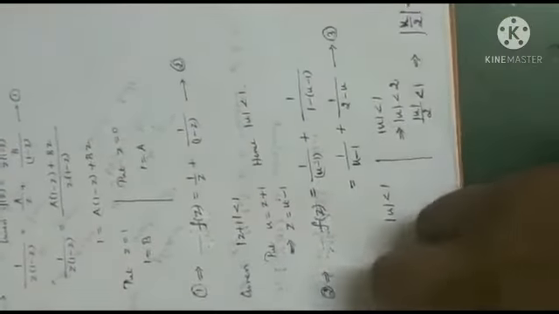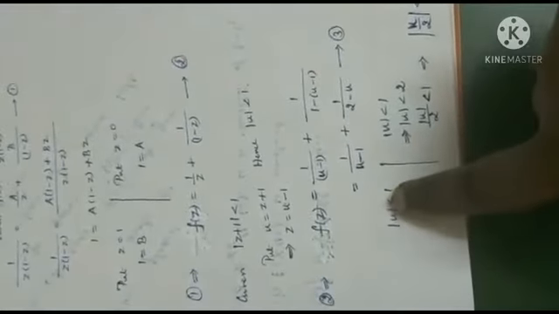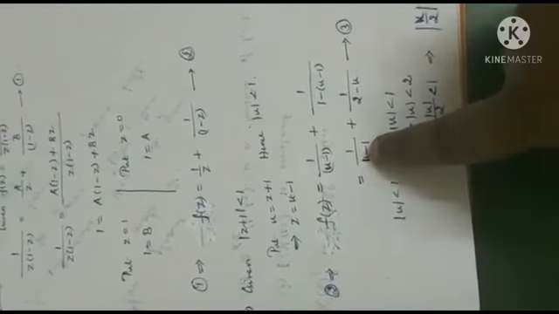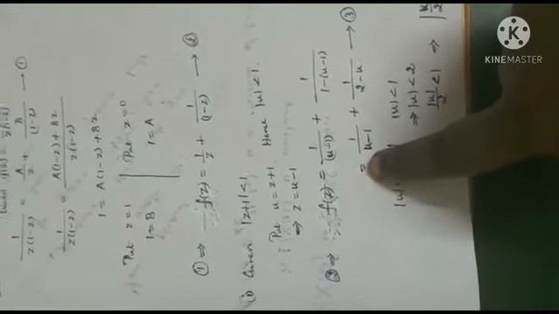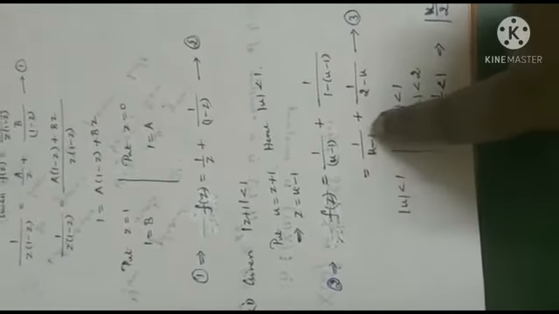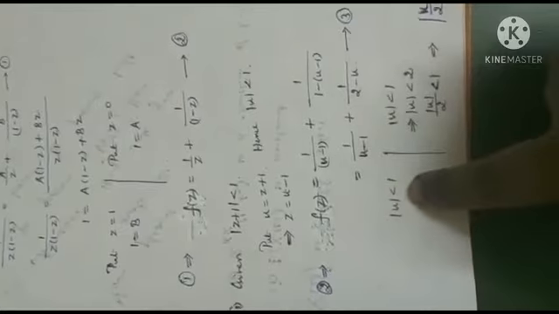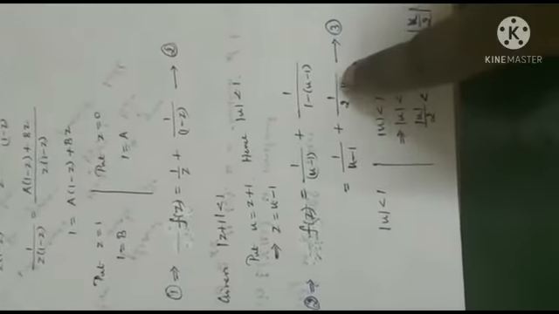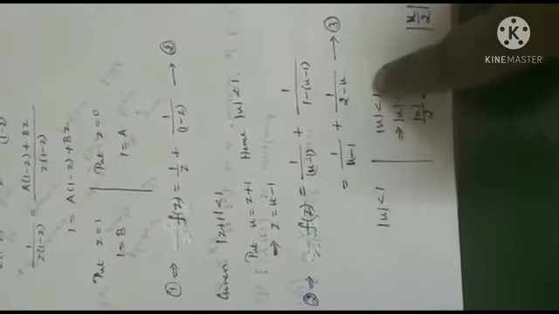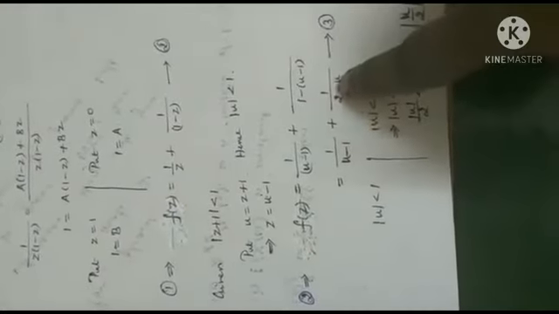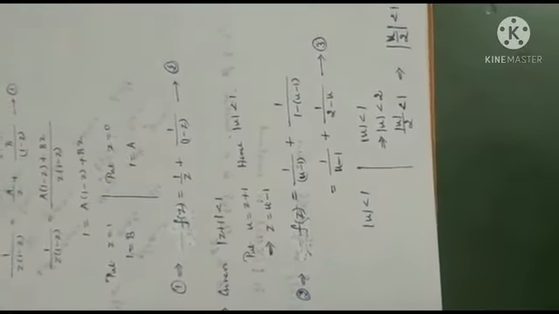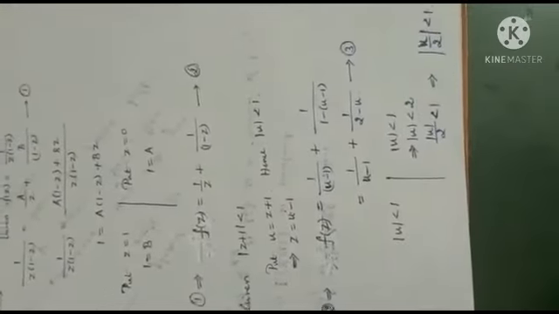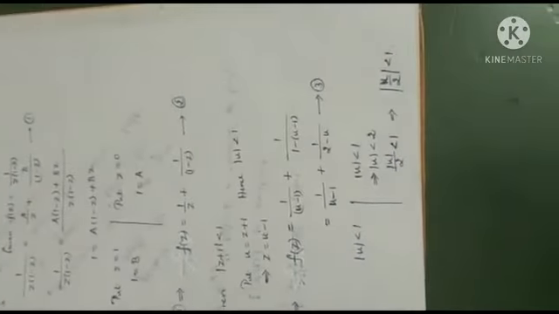Okay. Let us take mod u less than 1. Already mod u is less than 1, so it is ready to use binomial expansion. Simply take a negative sign outside, 1 minus u, which is ready to use binomial expansion. Here we need the same, mod u less than 1. Since I have 2, I divide both sides by 2.